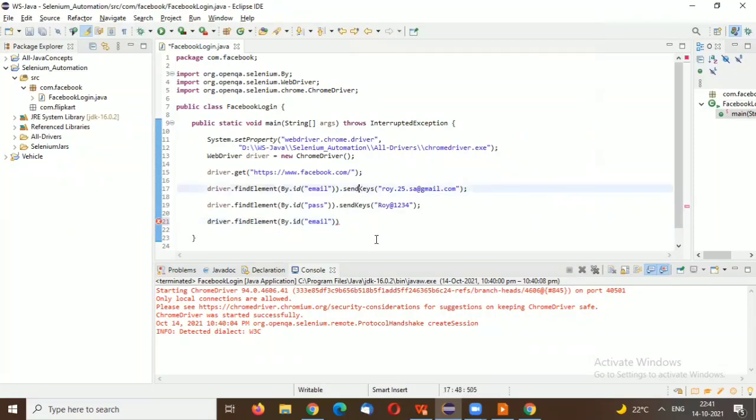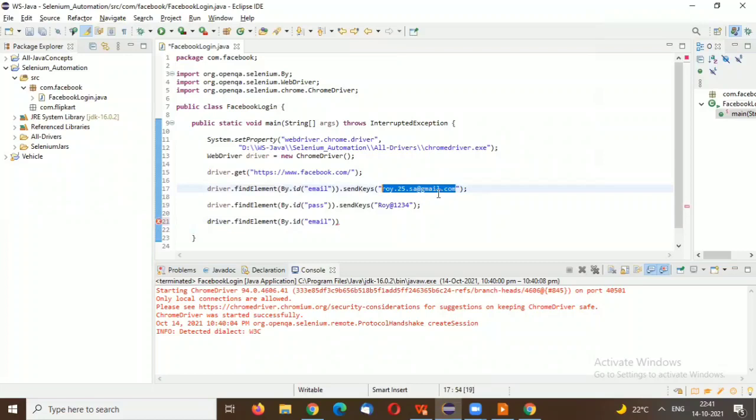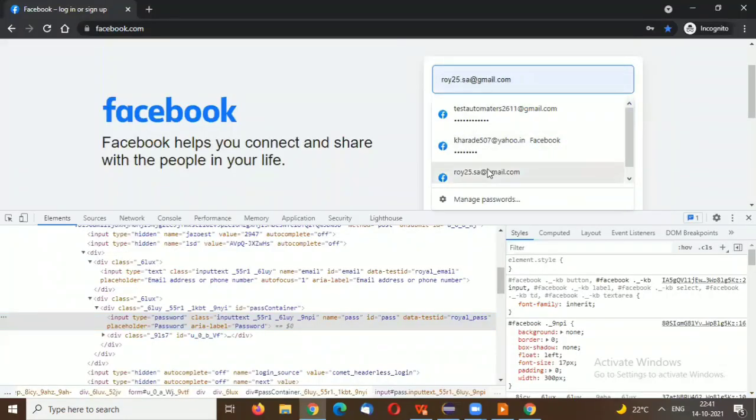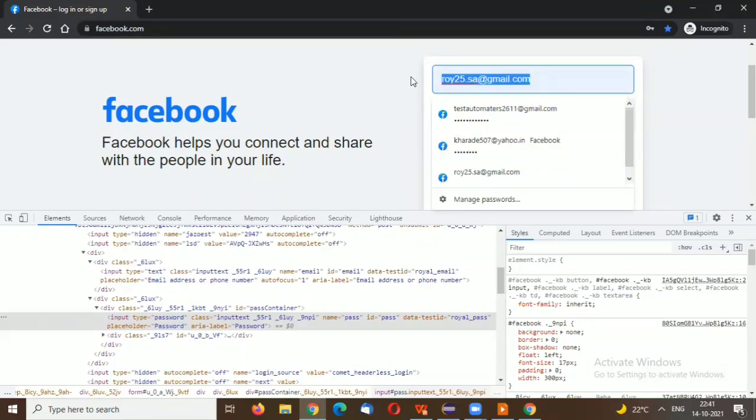While setting the username, we used the sendKeys web operation. If you want to clear that from the email field, where we have set roy25.sa@gmail.com as characters, we need to clear these characters from this email ID field.